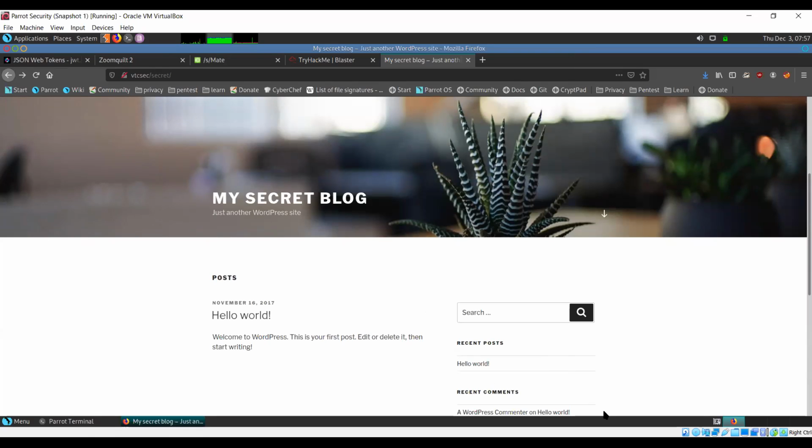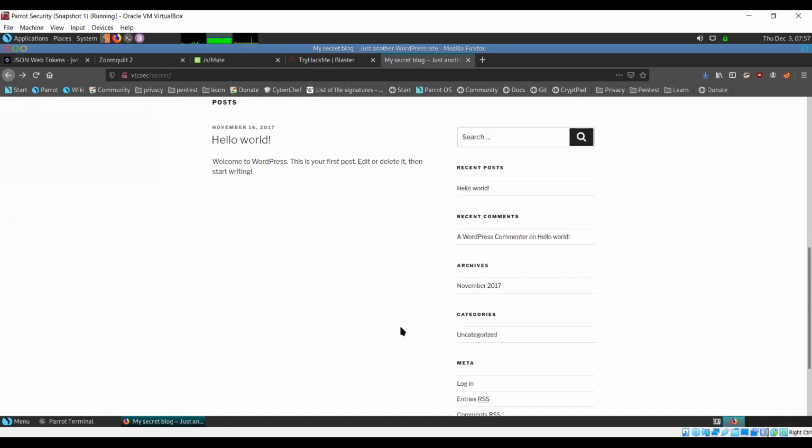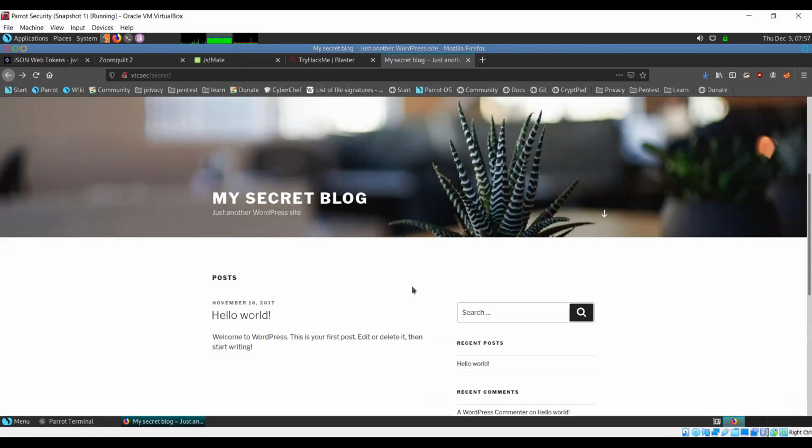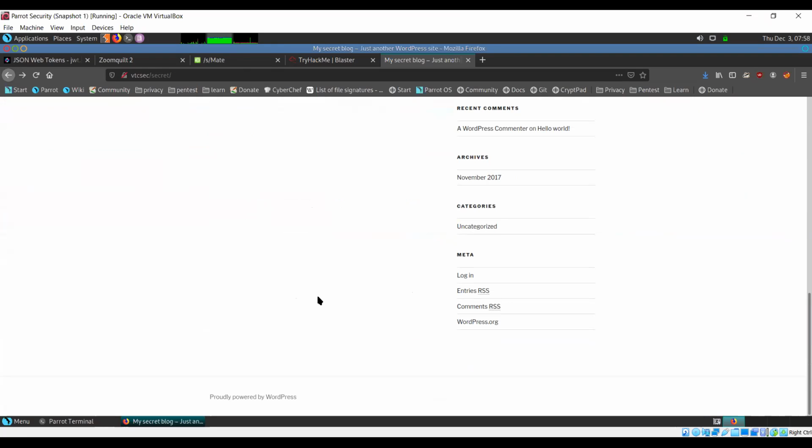Sir, what exactly is WordPress? Actually, it came up last time in CH class also. What is this exactly, WordPress? Sir, WordPress, you could say it's a CMS, a content management system. So it basically makes it easier for you to create a website, a simple website like a blog website, or most simple websites can be created using WordPress. It's just like you have different frameworks. You would say that WordPress is a framework that helps you build websites. It provides you with a lot of templates.